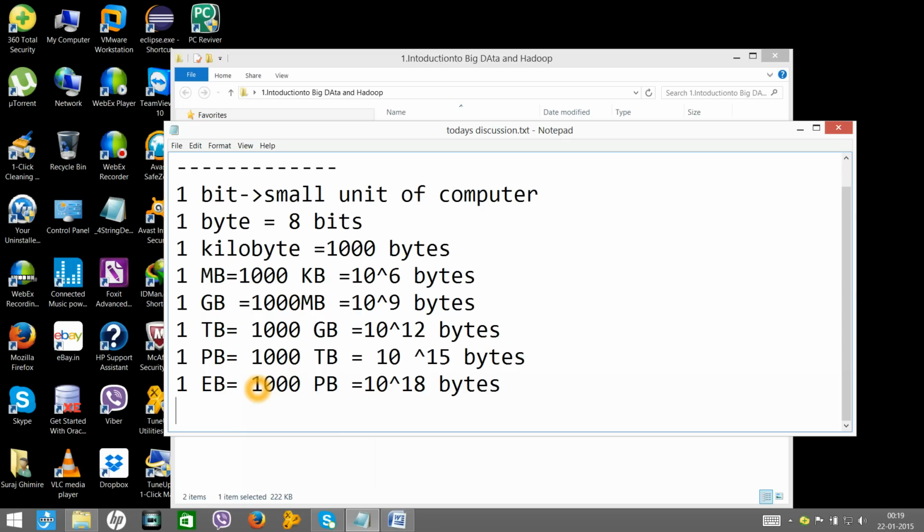Beyond this you have zettabyte, 1 ZB, so 1000 zettabytes equal 10 to the power 21.